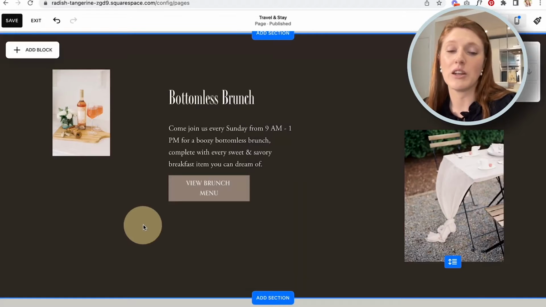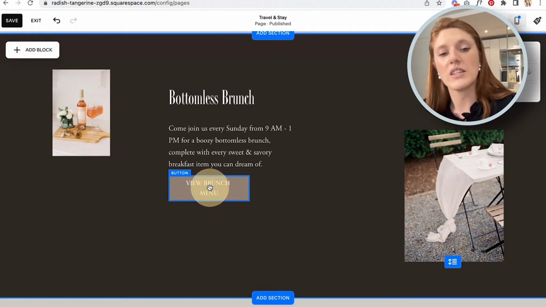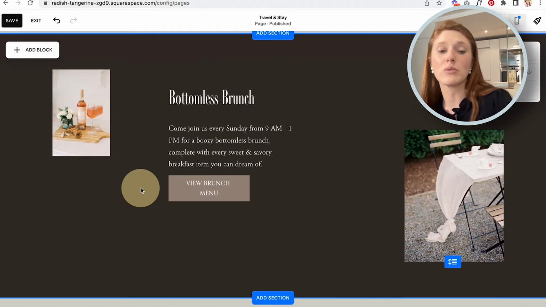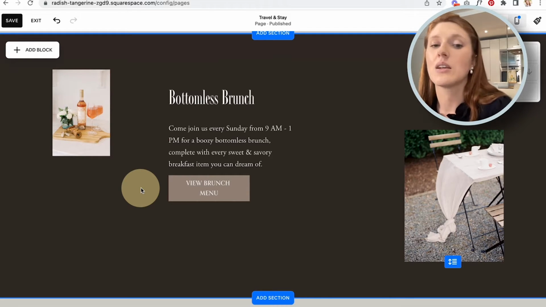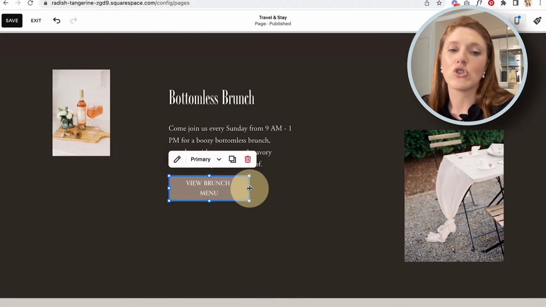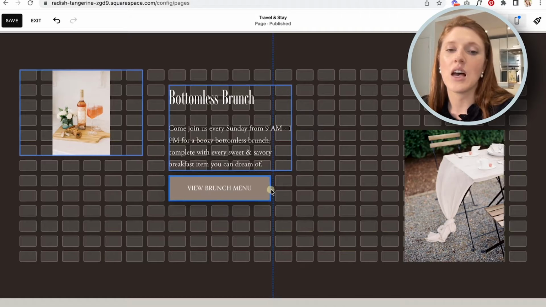And the other thing which you might notice is that this button doesn't look great because it's kind of broken the text onto 2 lines. Now, the fact that Squarespace has done this is a good thing because that means that our website is mobile responsive. So as the page sizes changes, then it makes it a little bit more dynamic. However, if I don't love the look of this, what I can do is just drag the side of the blue box to open up